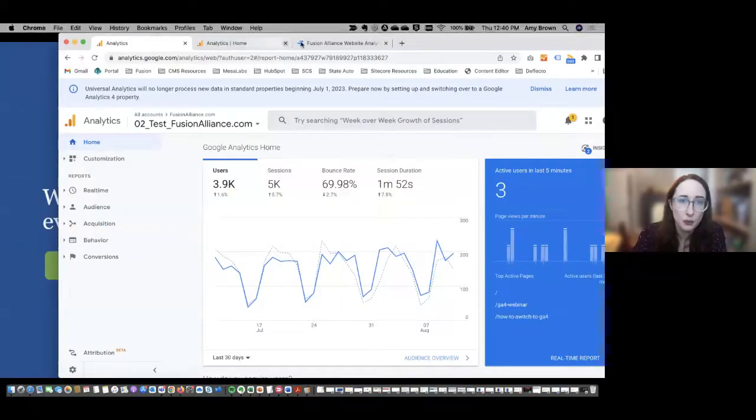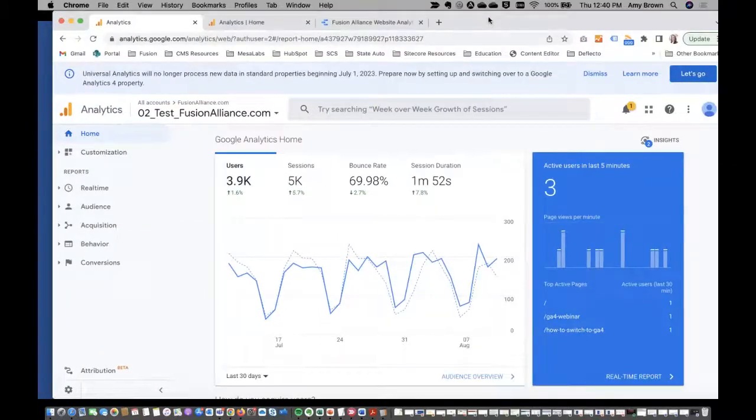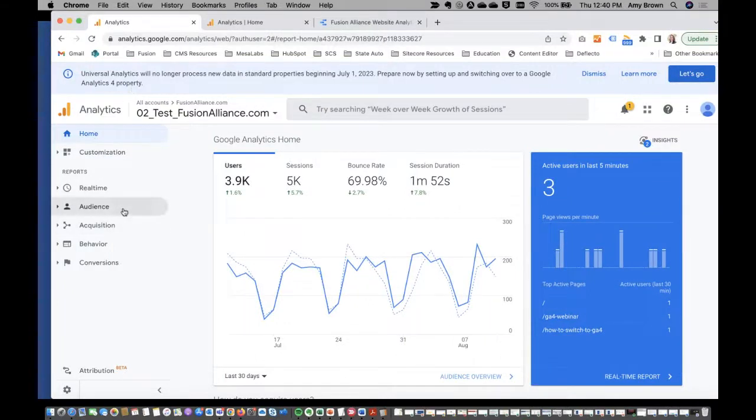So I will pull up here. You'll see me jumping between a couple of tabs. On this first tab, I have our Fusion Alliance account open in Universal Analytics. And this is going to be really familiar to a lot of you guys with our reports section showing real-time